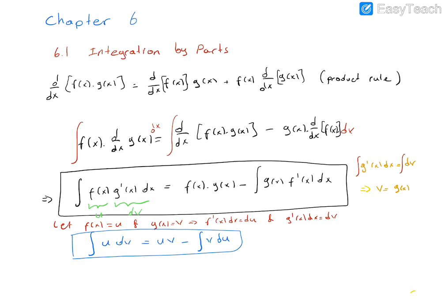This technique is very important. Because of this reason, I would like to look at the following example. Let's analyze this example. Find the integral of x e to power x dx using integration by parts. Otherwise, you cannot calculate it actually. Here we have two alternatives. Let's divide them into the first way and the second way.